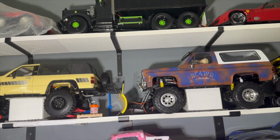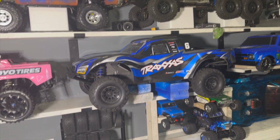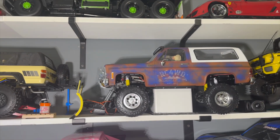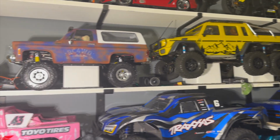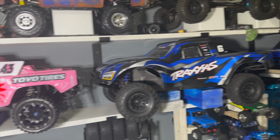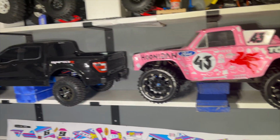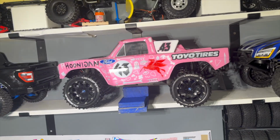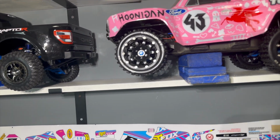But I do have some more shelving brackets for them and stuff like this. This is a super easy and affordable shelving bracket, and it's not something that goes in the way. This stays on the wall, and it makes it so it's super clean and neat looking, especially if you get the same size post for all of the crawlers and you keep all of the bashers very similar. Now I am going to be getting different post size for these specific Slashes, basically shelving posts for them themselves,